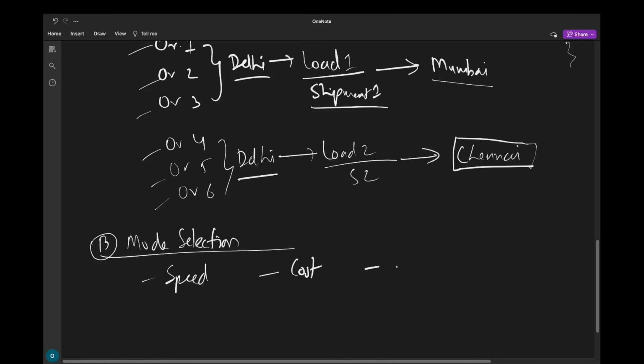And if we have more budget, then we can select air. Then again, the distance. For example, if some cargo has to move a very small distance, then probably road would be the best mode. Then it can also depend on what we are going to ship, that is cargo type. Some cargo which is bulk in nature can be shipped through ocean. Some cargo which is very expensive and low volume, low weight in nature, for example iPhones, can be shipped through air. So this is mode selection. The third thing we see in the planning is route optimization.